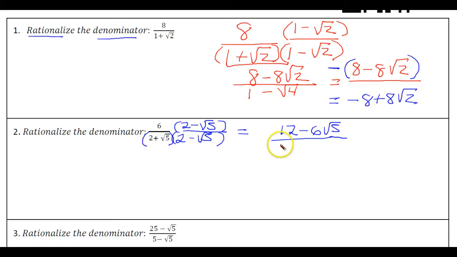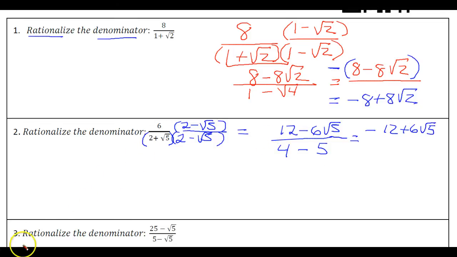2 times 2 is 4. And again, if we just take the square root of 5 times the square root of 5, which is the square root of 25, this is a negative square root of 25, which becomes a negative 5. So following that same procedure, this is going to be a negative 1 down here. So if we just change the signs up there, negative 12 plus 6 square root of 5, we have